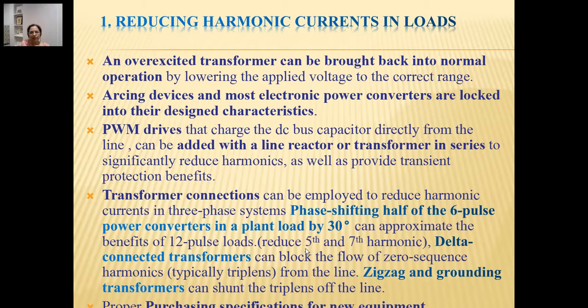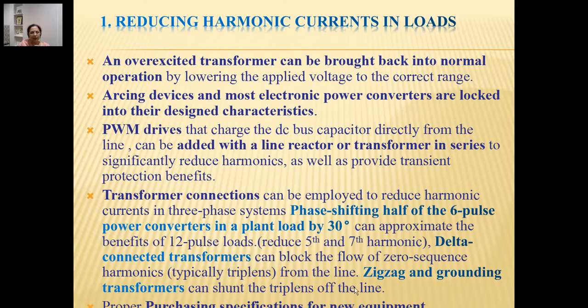For 6 pulse we have the 5th and 7th harmonics generated as dominant. When it converts itself into 12 pulse, it starts giving the 11th and 13th order harmonics as the dominant ones, and the lower order harmonics, which are more harmful, automatically get reduced. So by phase shifting, we can convert 6 pulse to 12 pulse and reduce harmonics.